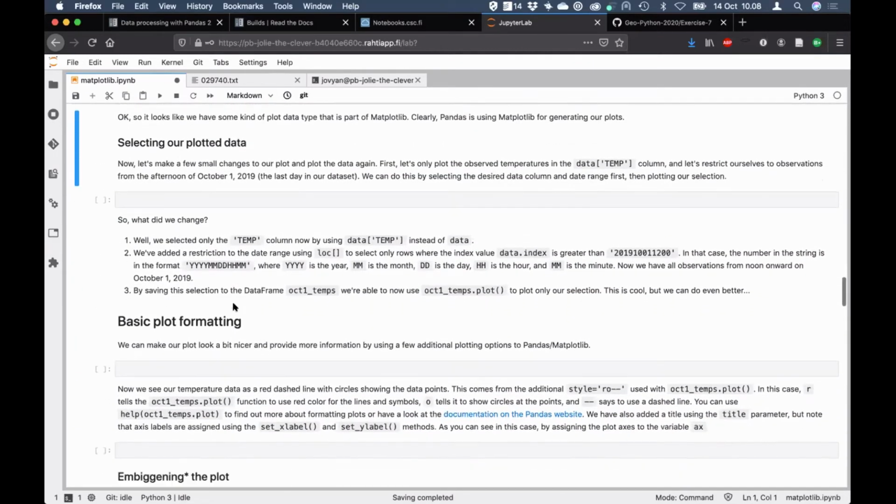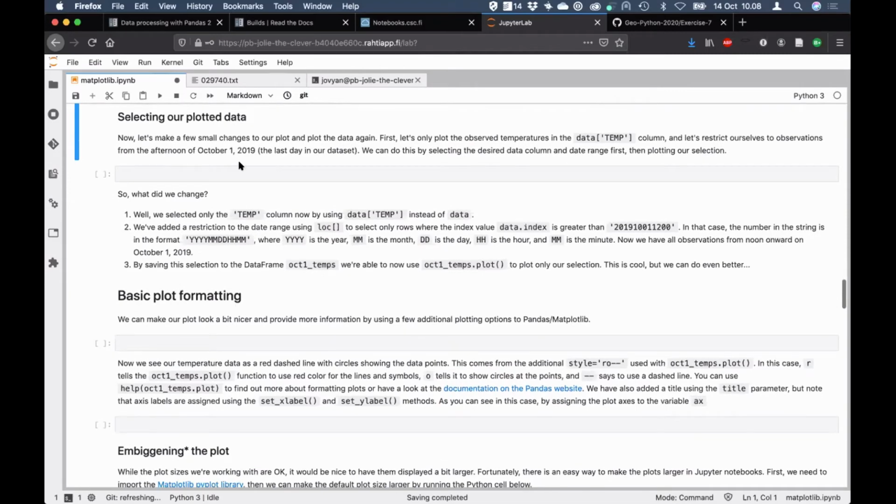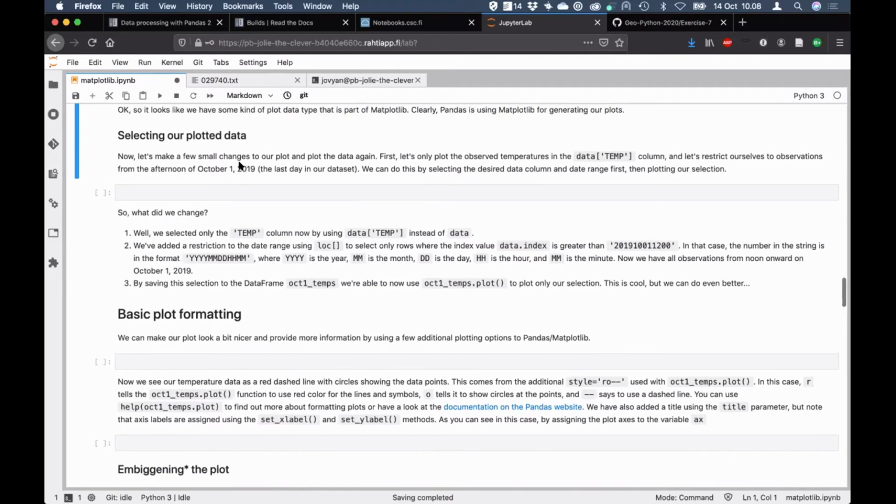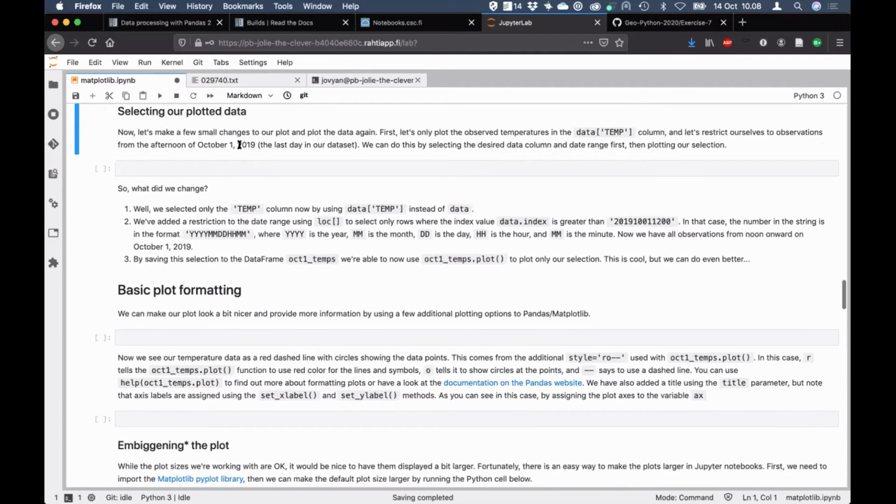So we have made our simple plot here, but it's not the nicest looking thing because perhaps we've plotted more data than we wanted to, and all these different observations make it harder for us to see what we might be interested in, like perhaps how much the temperature varies in a given day. So we can do a little bit better. We can take the temperatures, for instance, from the 1st of October 2019. So we could say